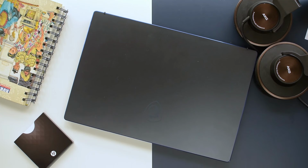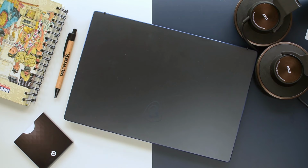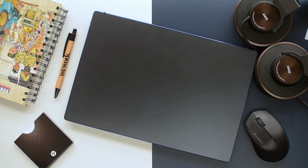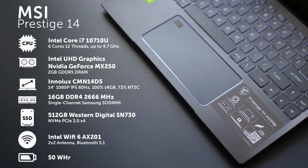So let's start off with who this laptop is for. The MSI Prestige 14 is targeted towards creators, so people who do more video and photo editing or maybe development work, who are looking for a thin and light notebook that they can travel and work with, and the specs reflect this. It comes with an Intel Comet Lake Core i7-10710U that has 6 cores and 12 threads and can single core boost up to 4.7 GHz. And yes, Comet Lake means that it's 14nm